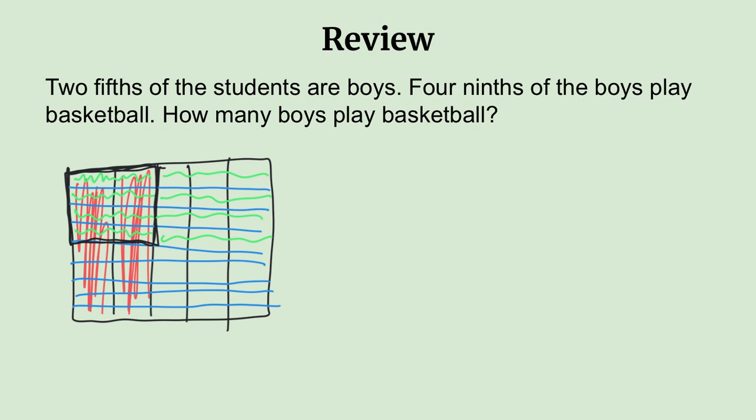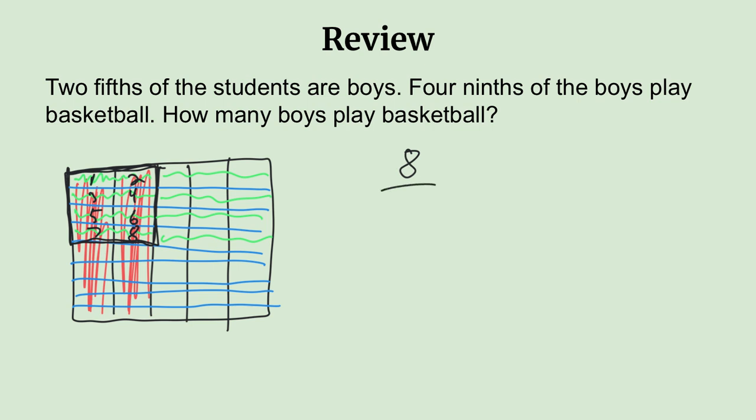That would be 1, 2, 3, 4, 5, 6, 7, 8. But we know this is a fraction, and a fraction is going to be less than 1, because you can't have more than a whole when you're talking about students or who plays basketball. There's 100 students. You can't say 115 of them play basketball because there's not 115 students. So our fraction